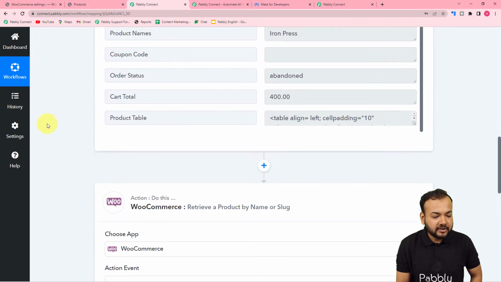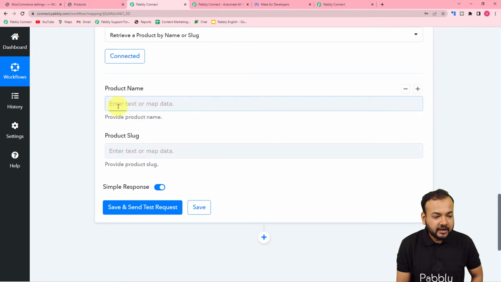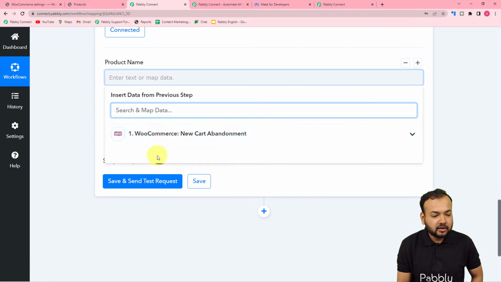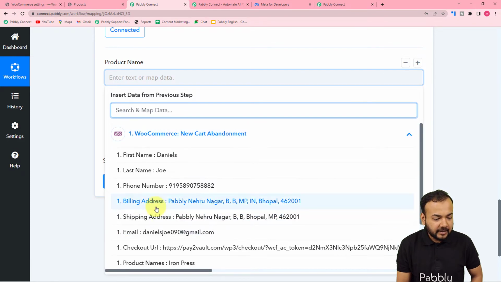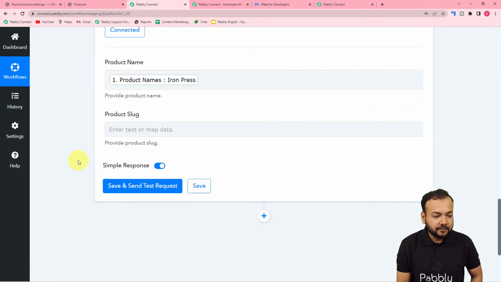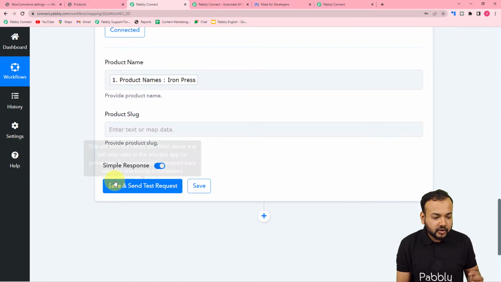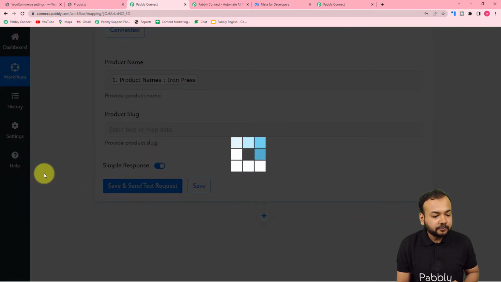This is the product name label, so I'm going to use this label here, and I'm going to map the label here. So just click here and it will show the WooCommerce step in the drop down, and from here only map the product name label like this. Okay, and we did not require product slug. We can only fill any one of these things and the data will be fetched of this product. So I'm clicking on save and send test request now,